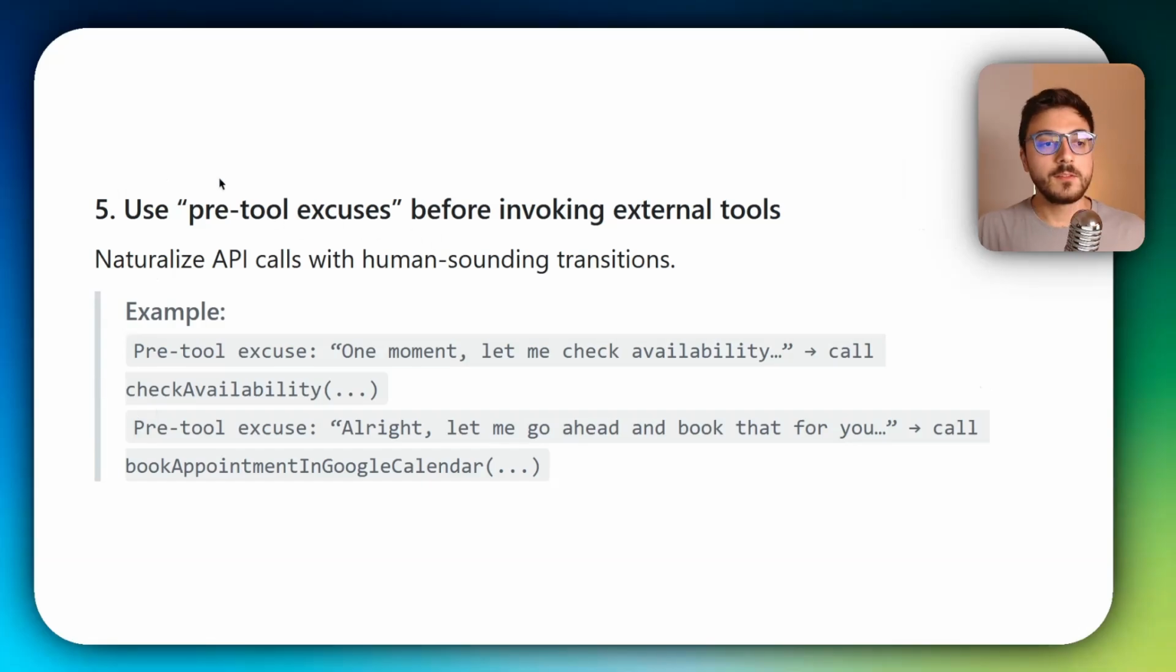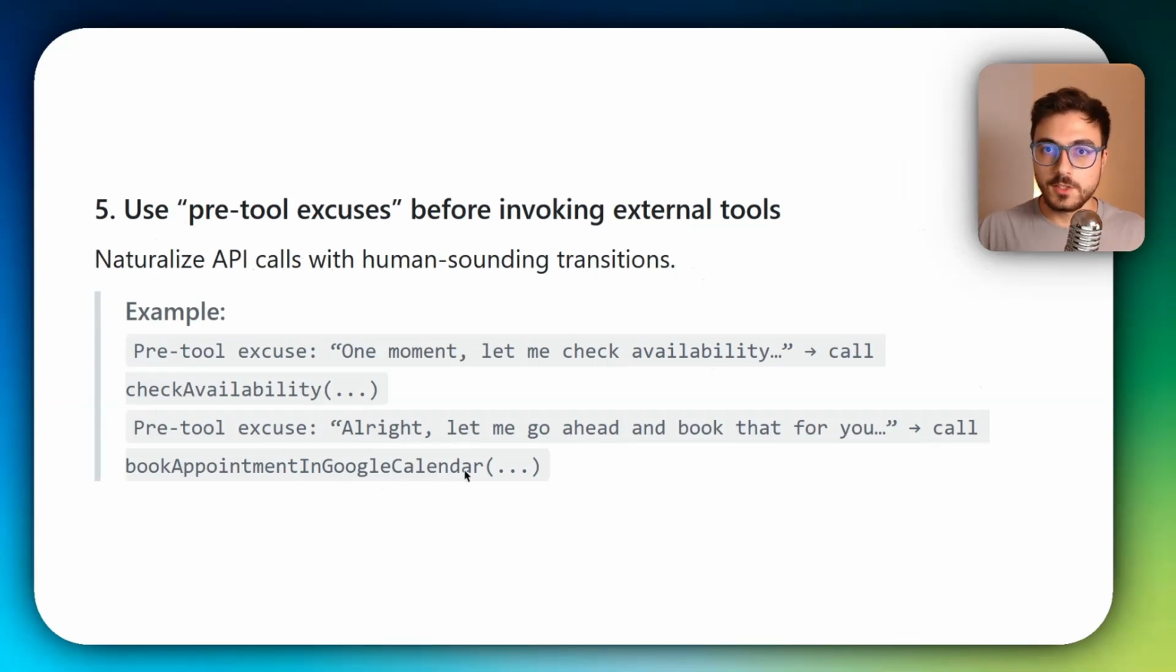Okay. The fifth best practice is to use pre-tool excuses before invoking external tools, and naturalize API calls with human-sounding transitions. Basically, it's to make sure that the agent says, "One moment, let me check availability," instead of checking straight away and being silent for about 10 seconds, because that's weird. Another excuse is, "All right, let me go ahead and book that for you," for the book appointment